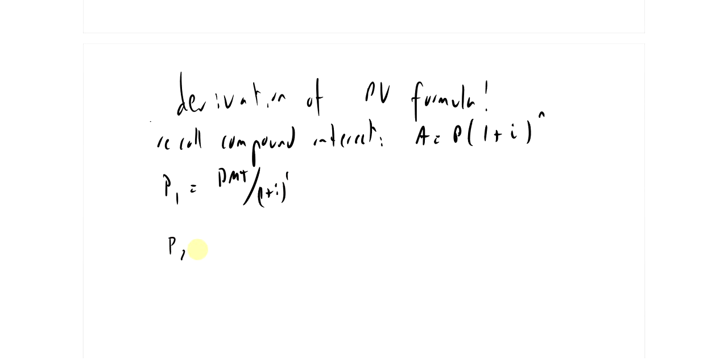And so how much do you have to put away now to be able to afford the second payment? Well, the second payment is due in 2 months, right? So n equals 2. And so to get A equal to PMT after 2 months, you need the payment divided by (1 + i)^2. And likewise,